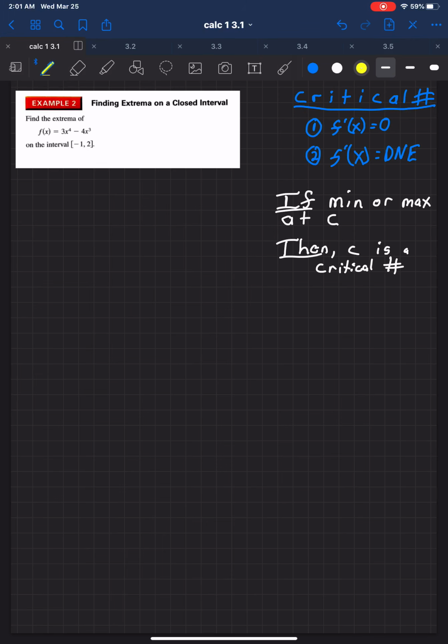Let's get started. So example 2, it says find the extrema of the function 3x to the power 4 minus 4x cubed on the following interval. Okay. So in this case, I'm going to be giving you derivatives. I'm not going to be showing you how to take derivatives anymore, unless they are tricky enough that I want to make comments about them. But right now, I'm going to assume that you know how to take the derivatives that I'm about to take. So the derivative is 12x cubed minus 12x squared. All right.